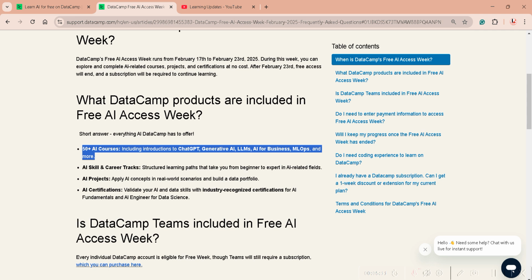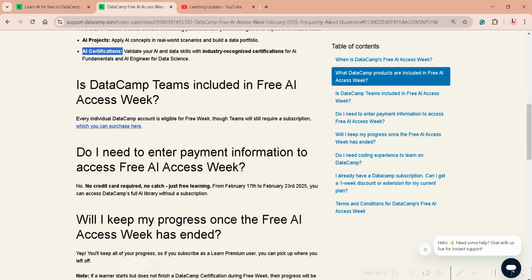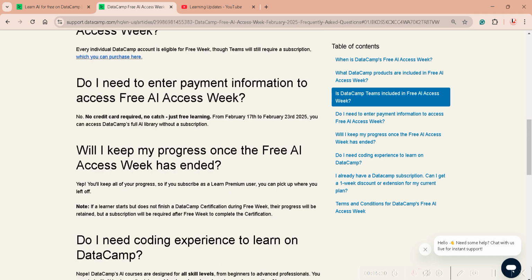And not only that, after completing these courses, AI certifications will be provided, which you can showcase to your potential employer for better visibility to get a job or internship. You can see every frequently asked question is mentioned there.